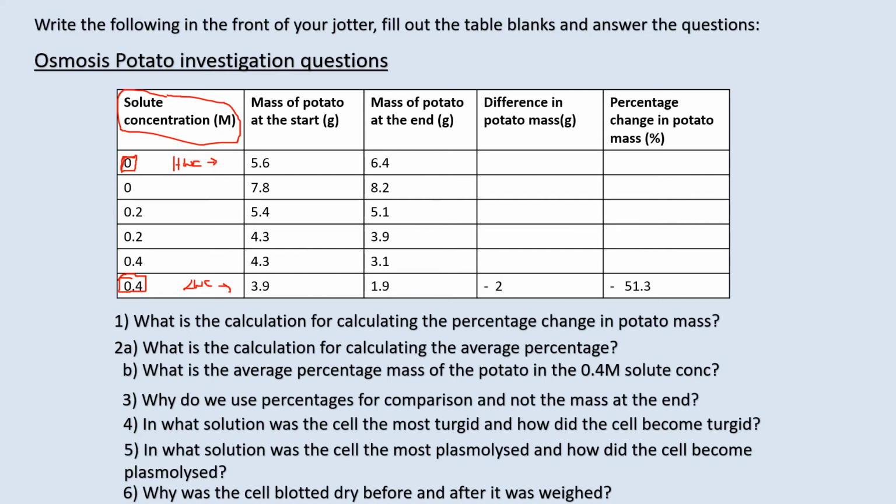The first part of this is to calculate the difference in potato mass in grams. To do that, you need to take your starting mass away from the mass of your potato at the end. So you would want to do 6.4 minus 5.6, and luckily enough, we are allowed to use calculators in biology. Then you would do 8.2 minus 7.8,